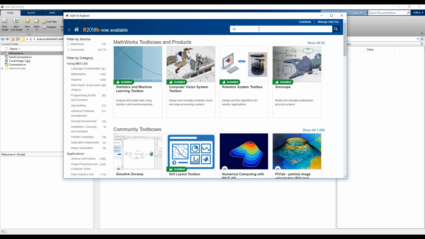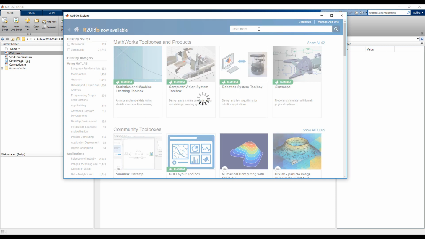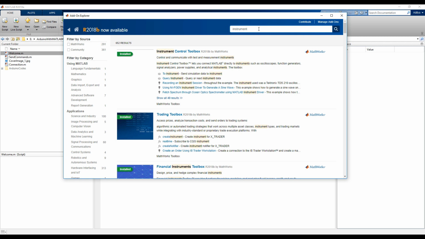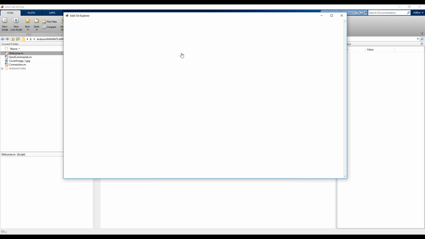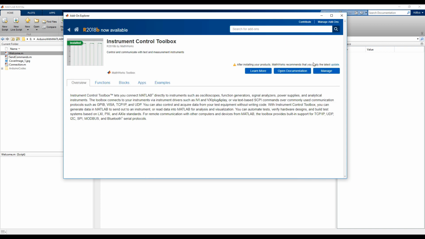Just type your instrument and hit enter. You can see this instrument control toolbox is already installed on my PC, but if it's not installed on your PC, you can always get an option of how to download it or how to install it from here. You can directly install it from here.